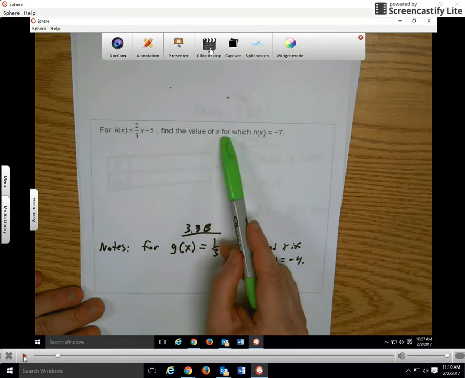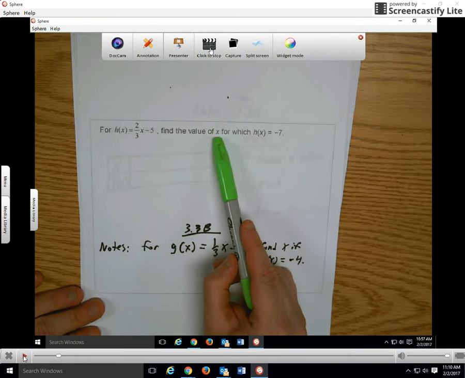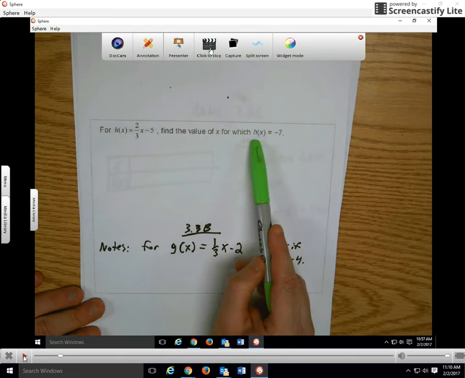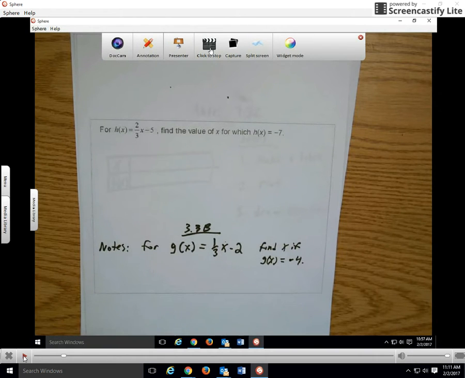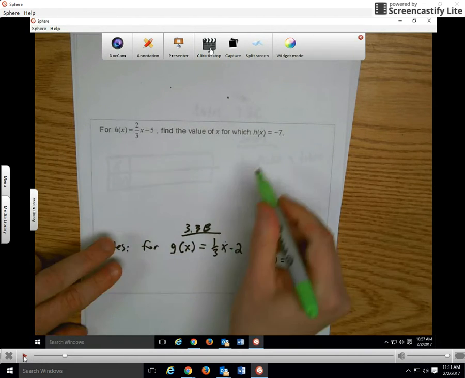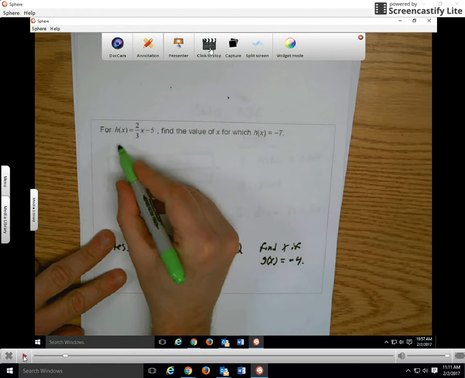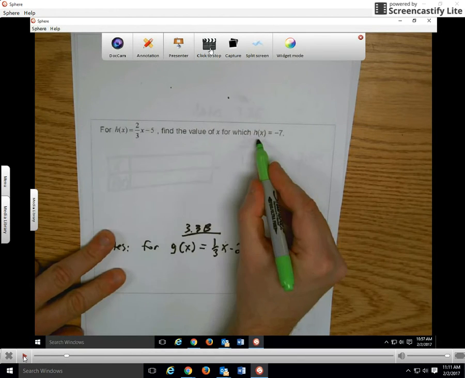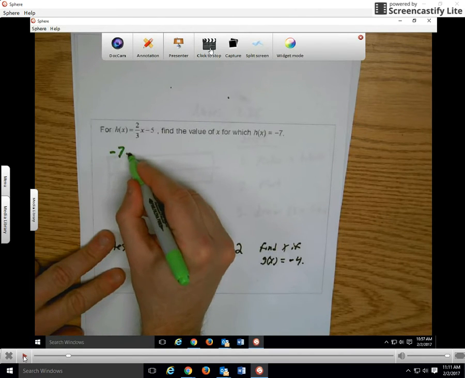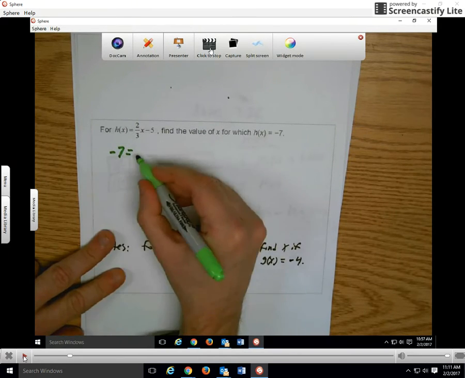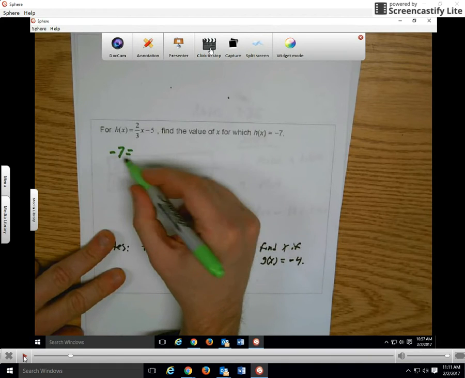They're saying to find the value of x, the input basically, for which the output or the outcome, the h of x, which is on this side, is a -7. So it's sort of in reverse, but we can still figure it out. And how we'll do that is instead of the h of x, we'll write what the h of x equals. So we'll substitute a -7 for the dependent variable,